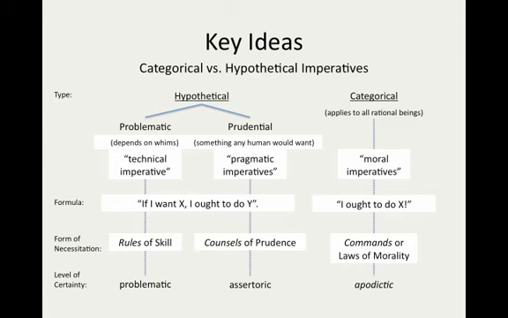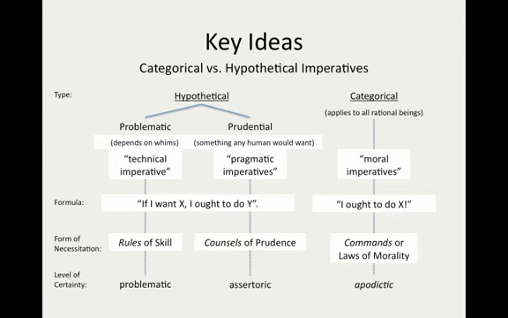Now, the other presentation takes this one graphic here, this chart, and talks about it at great length, so I'll just remind you that there are both categorical and hypothetical imperatives. Most of our life is operated upon the hypothetical imperatives. We have certain problems, we have certain issues, we want to do well, we want to accomplish things, we want to obtain things, and if we do want to attain those things, we have to do certain other things in order to get them. But we don't necessarily have to do all the things in life, and so those hypothetical imperatives don't always apply to everybody.